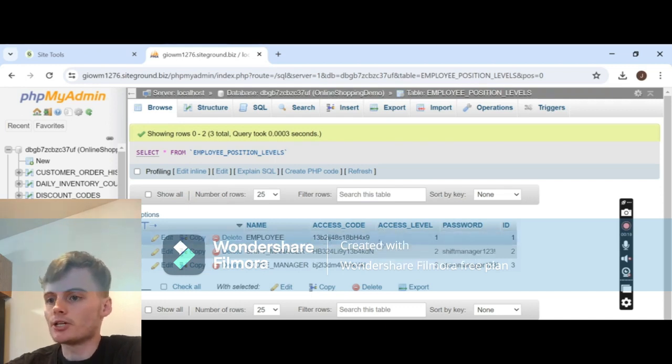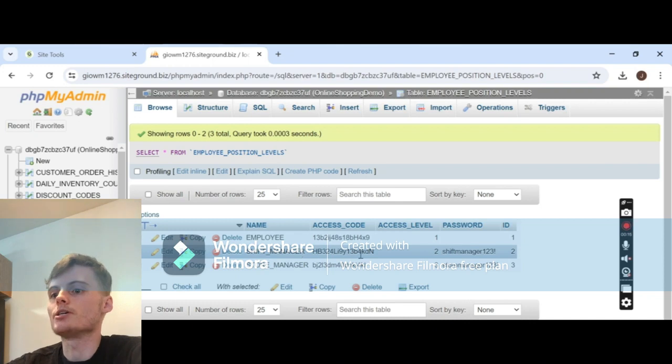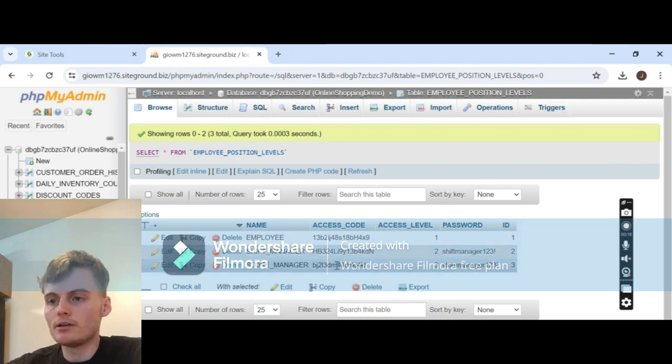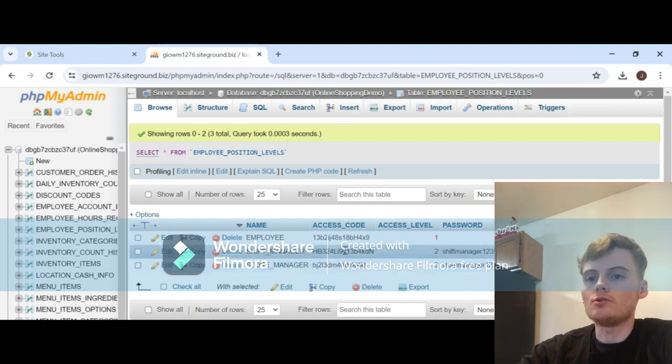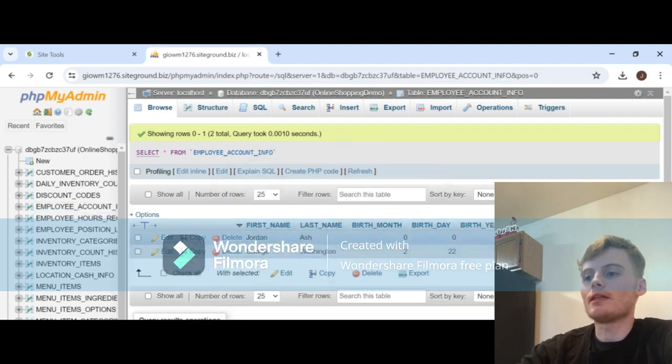If it was for a shift manager, this access code. Store manager had this access code. That is the access code that was put into this table. Again, over here we already looked at. Okay, so for the employee, they were given an access level code. That code comes from this table,